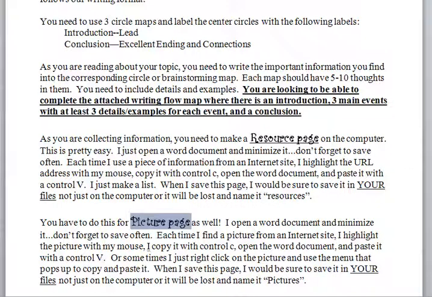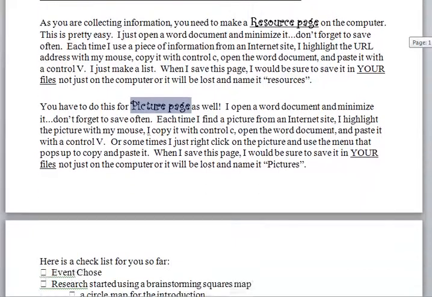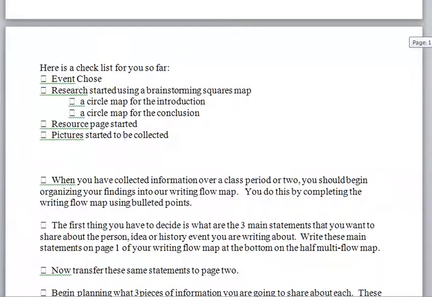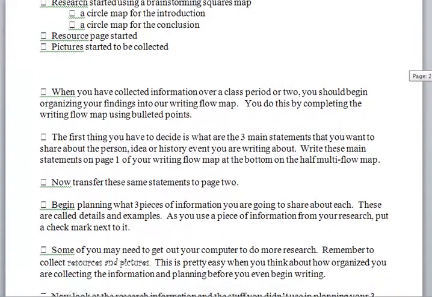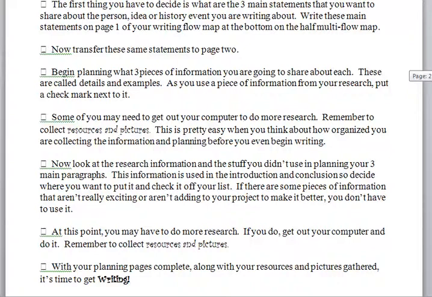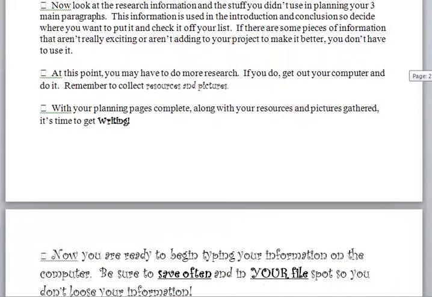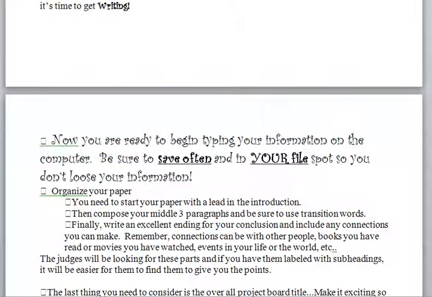Remember, just because it's on the internet does not mean that you get to use it. Now, I've created a checklist for you of the first things I've asked you to do. And as you do them, you need to put a check mark in each one of the boxes so that you can show that you have them finished. And if you follow this checklist all the way down to the very end, you will be ready to start